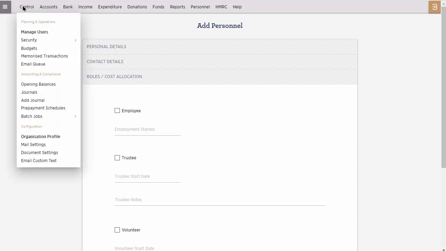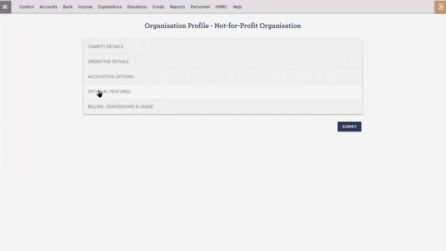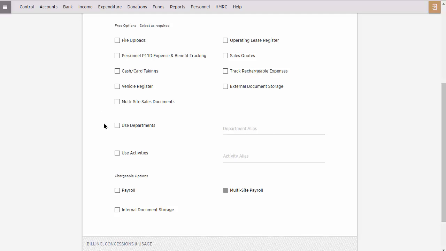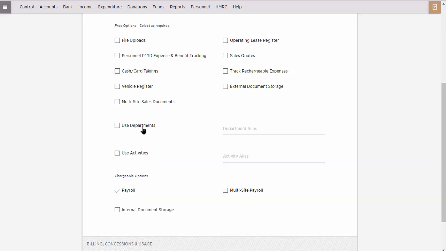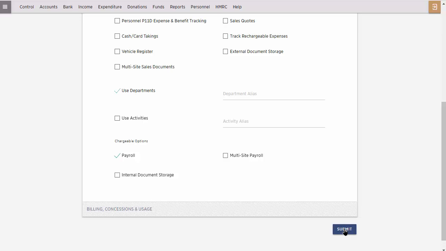To switch payroll on, from the control menu, we'll go to Organization Profile. Under the optional features, we have the option for payroll. It'll warn us that we need to configure this under the payroll menu. Note that you optionally have the use for departmental or activity analysis. You can use one, both, or neither. Simply tick as required. In this case, we're just going to use one, which is departmental analysis, and we'll click